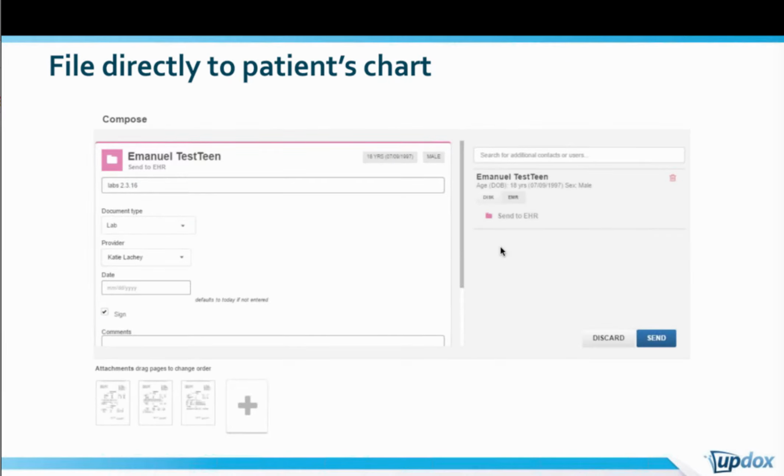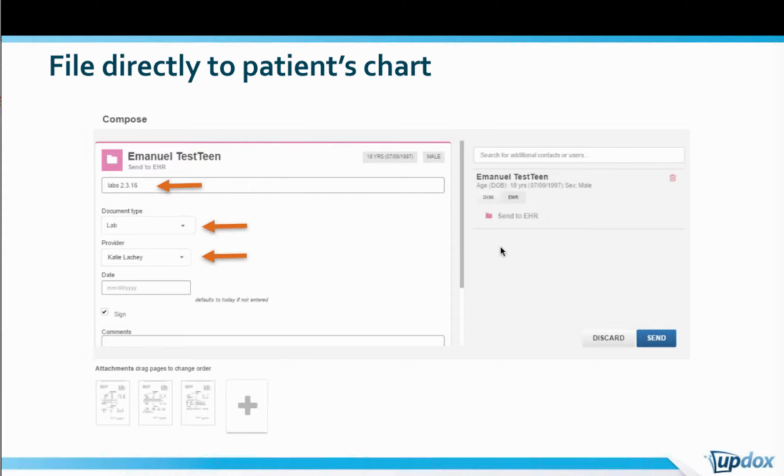As a key point of our integration with these EMRs, what we work to do is be able to send a document into the chart. So when we're filing to a patient's chart, we look for the fields that you have inside of your EMR, whether it's the name of the document type or category, which provider you're assigning it to. So most of our integrations include the ability to task or create inbox messages for physicians when sending to the